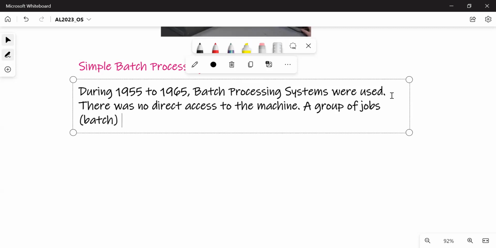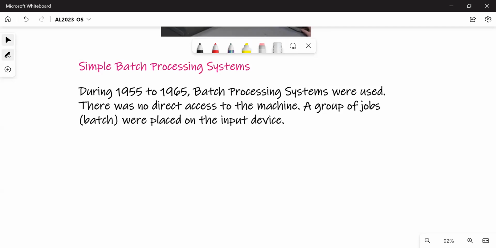Right? Were placed on the input device. So during 1955 to 65, batch processing systems were used.